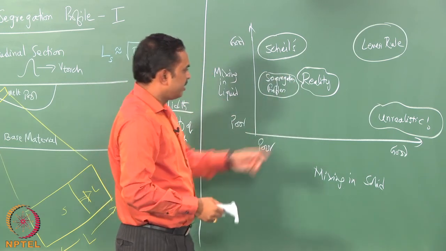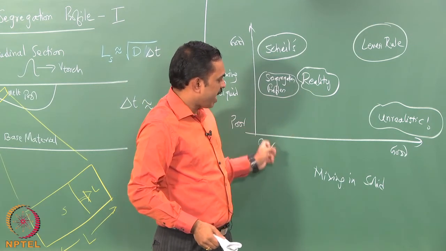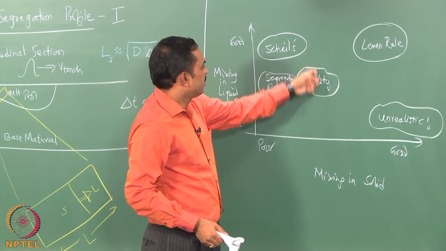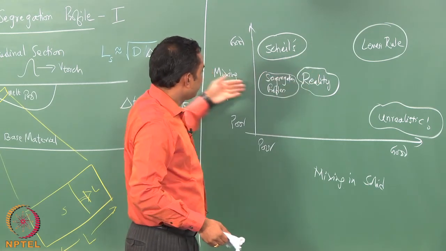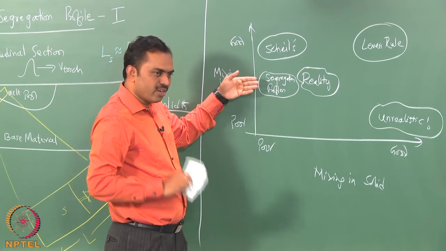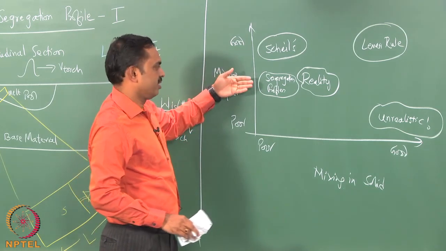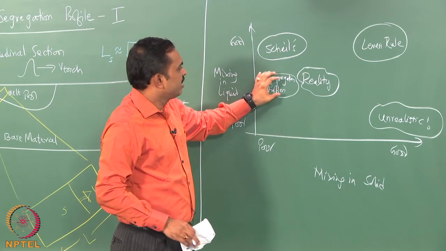As you can see that it is in the realistic situations that you have basically some amount of back diffusion in the solid behind the dendrite, and you also have, for example, some amount of mixing which is not complete, and you can say what is intermediate. It means that the diffusivity is such that it is not fully mixed, and it is determined by the diffusion coefficient. So, we can say that we can take a situation now which is quite close to the reality,